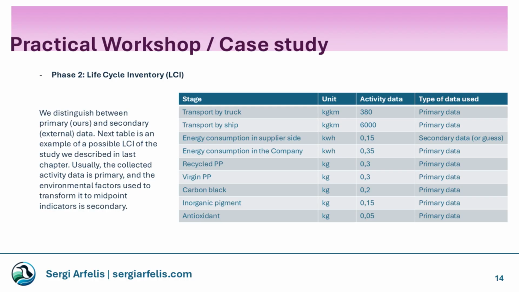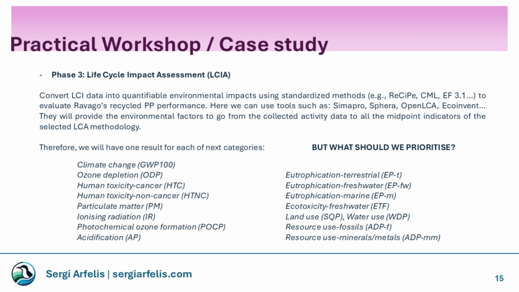In summary, primary data is original and collected directly by the researcher, while secondary data is pre-existing information gathered by others. Both types of data are important, and choosing between them depends on your research goals, resources, and the level of detail you need. Let's discuss Phase 3 of the Life Cycle Assessment, known as Life Cycle Impact Assessment, or